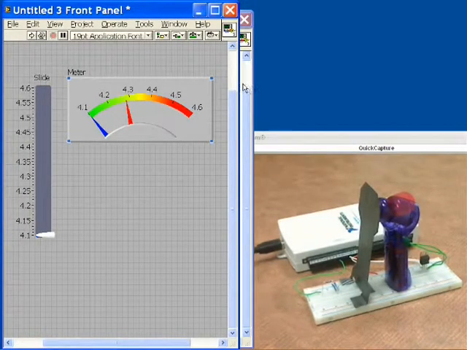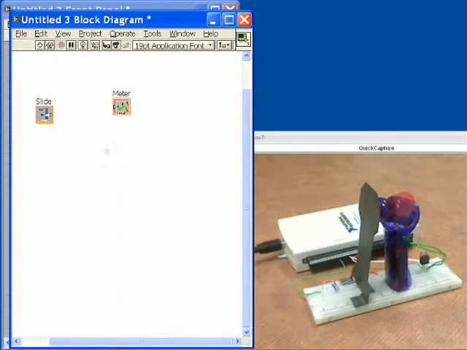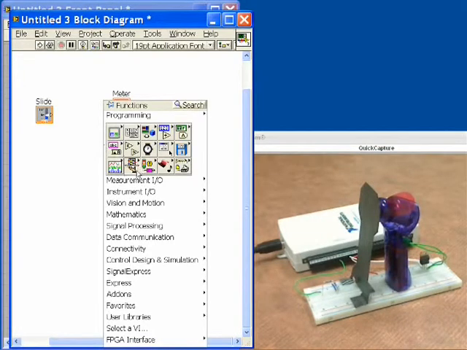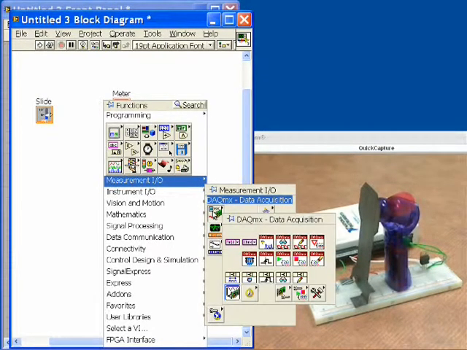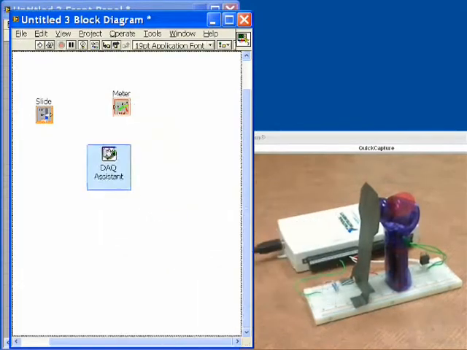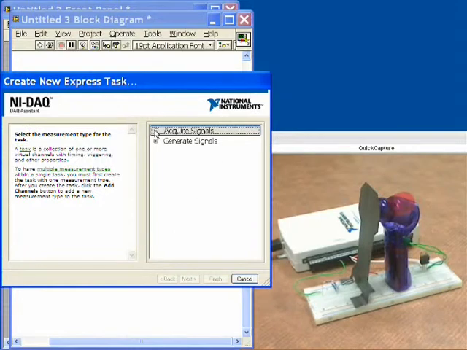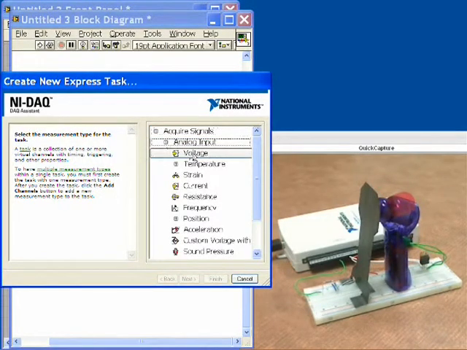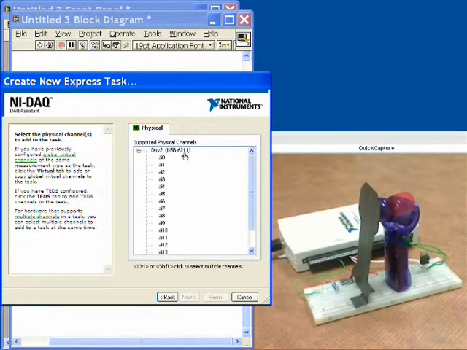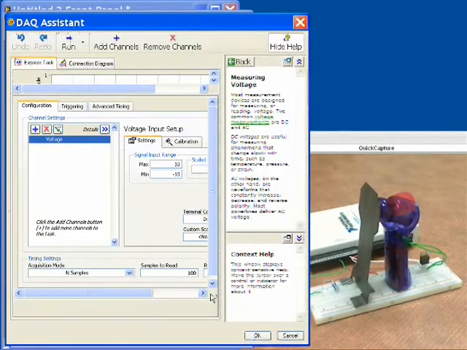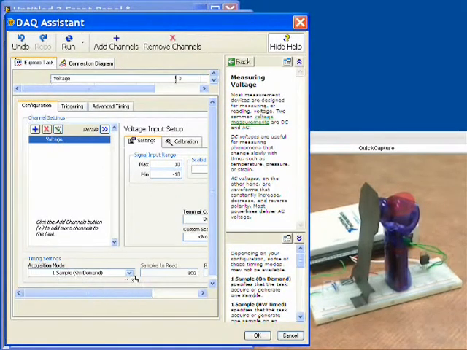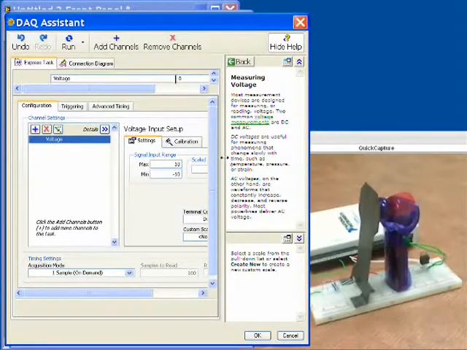Let's go back to the diagram now and get our program set up. We'll click the right mouse button, and we're going to put a DAQ Assistant down here, and we're going to set this up for analog input. So the DAQ Assistant will ask us some questions. Let's acquire signals, analog input, voltage, and we'll bring it in on analog input channel 0. The next thing that we'll do is tell it to acquire one sample on demand, and we can actually go and run this now,